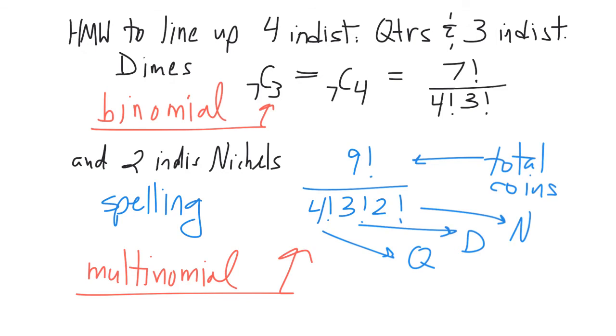A couple vocabulary words to throw in. We use the word binomial when there are just 2 things. It can be either a quarter or a dime. There's only 2 choices. And that'll be very important when we get into the probability section, where many types of problems are binomial. Multinomial would be when there's more than 2 choices. You've got quarters, dimes, and nickels. And that's a little bit of an extension of the combination piece, and this will be important as well for certain types